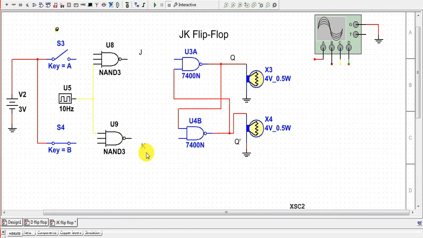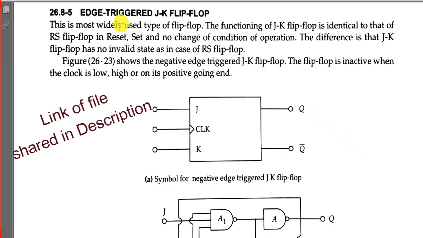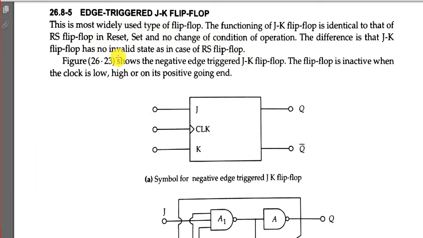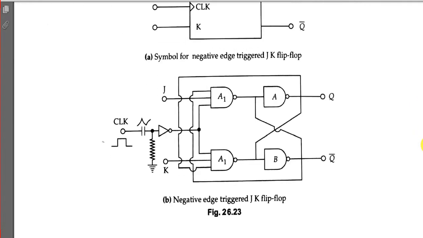Before starting the connection, we will look at the theory of the JK flip-flop. The JK flip-flop is an improved version of the RS flip-flop, in which there are two input terminals, J and K, a clock pulse input, and two output states, Q and Q dash. This is the symbol for a negative edge triggered JK flip-flop, and we may also have a positive edge triggered flip-flop. In the JK flip-flop we basically take the clocked RS flip-flop